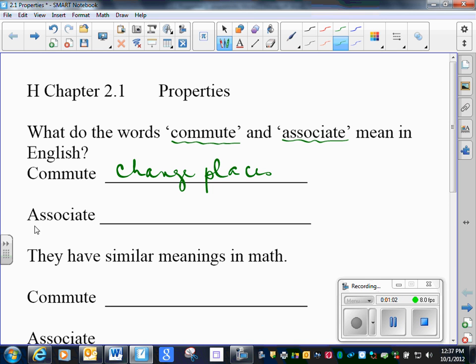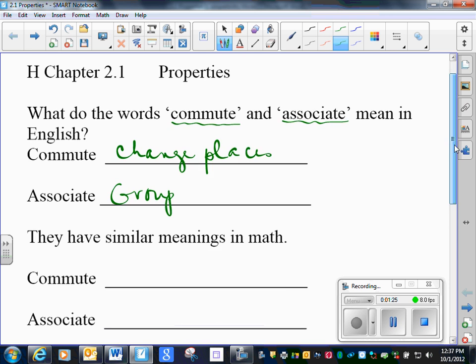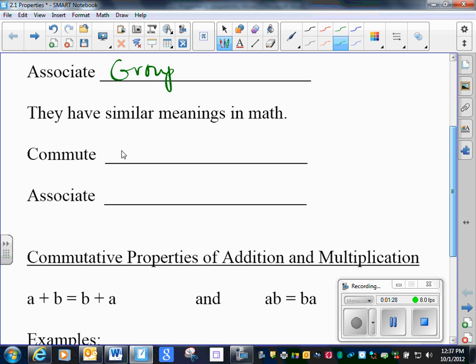When I think of the word associate in English, I think of grouping. If I associate with some people, I'm grouped with them. If I belong to an association for teachers, I belong to a group of teachers, and we all have a common goal. Well, these words have similar meanings in math. To commute means to change places, change the order. To associate means to group